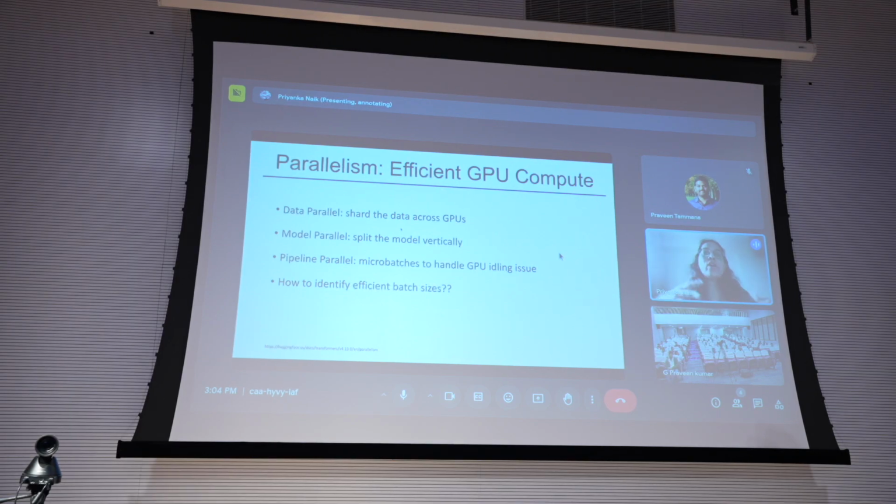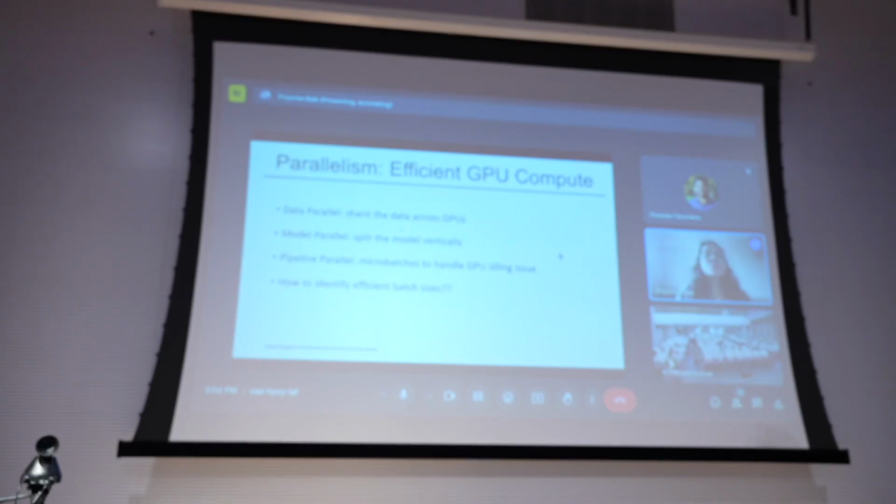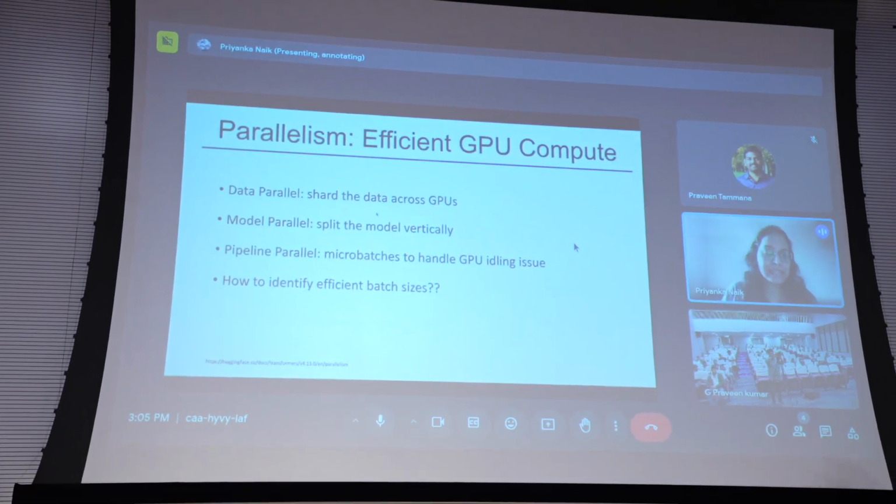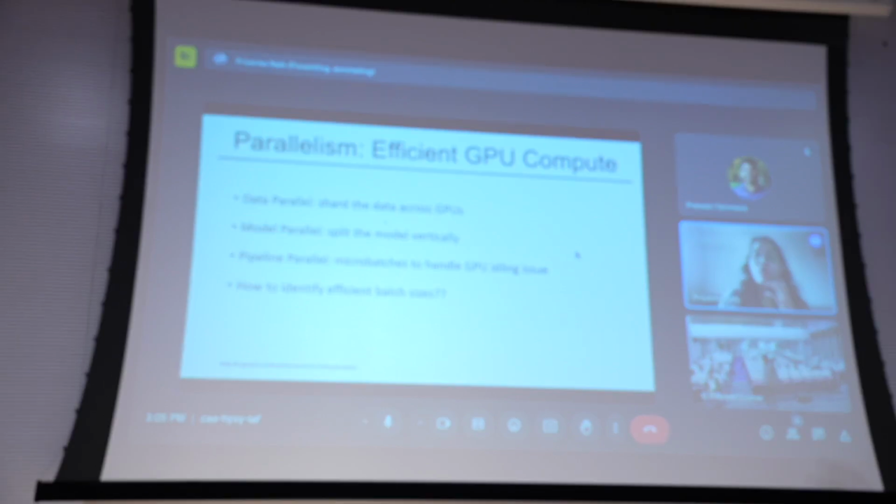But this cannot be just done out of the box. You have to split your models or split this compute in an efficient way. That is, parallelize this compute in an efficient way so that you can use your compute better and reduce your job makespan, that is, the total time it takes to train or complete a job. So there are multiple techniques on the market today for efficiently using this compute by parallelizing your models or your data,